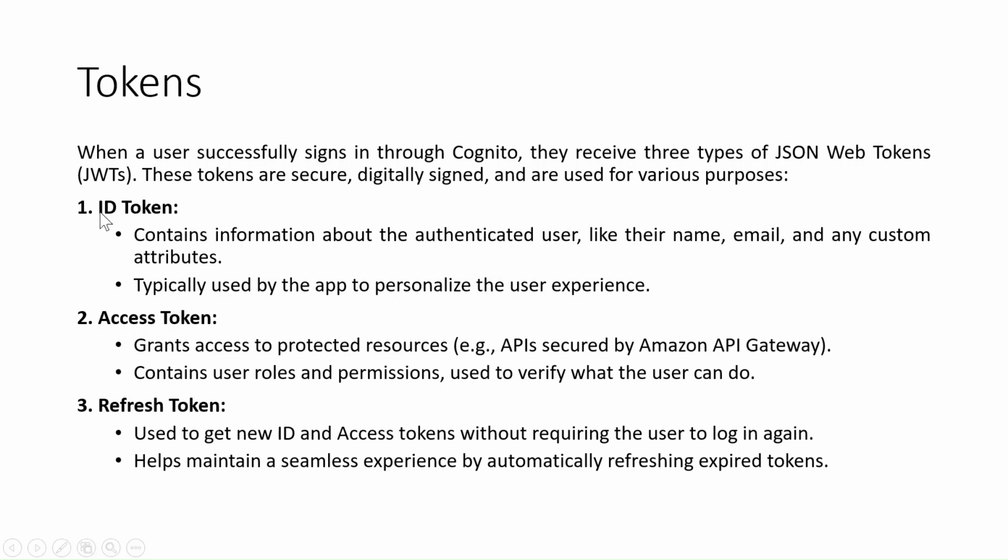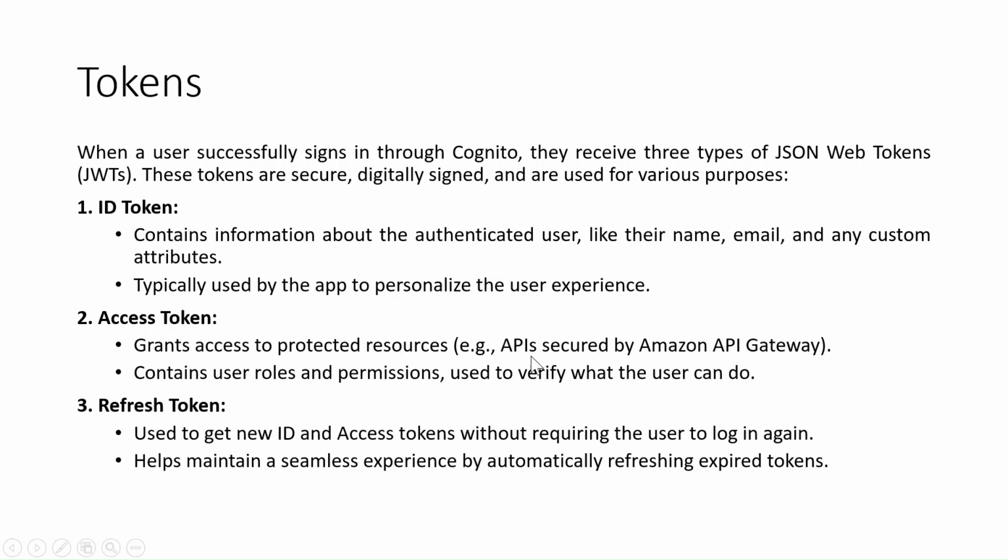The first one is the ID token. The ID token contains information about the authenticated user like their name, email, and any custom attributes. It is also typically used by the application to personalize the user experience. And the second type of token is the access token. It will help to grant access to the protected user resources,